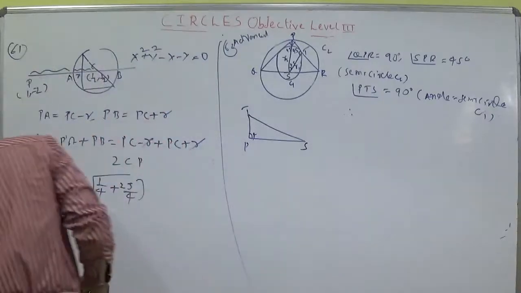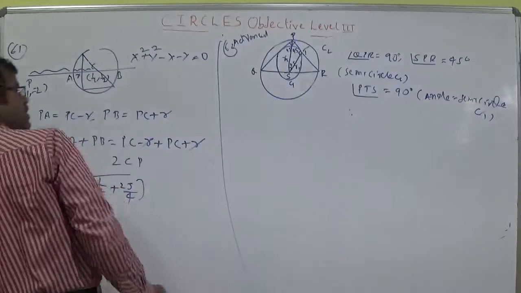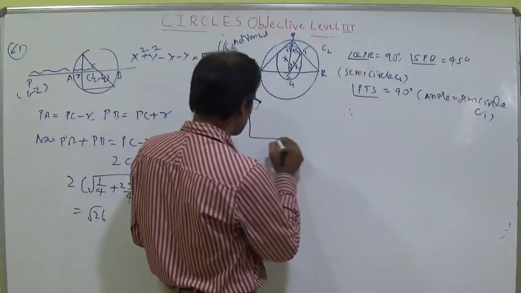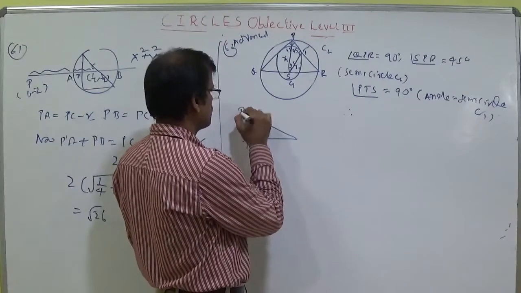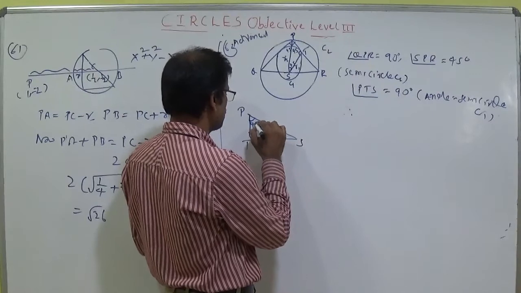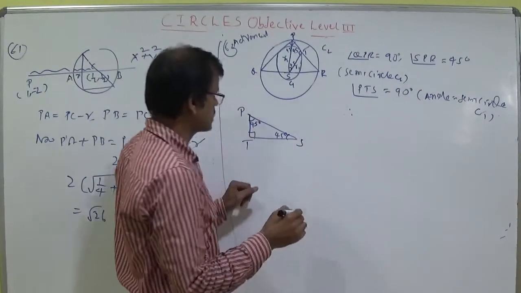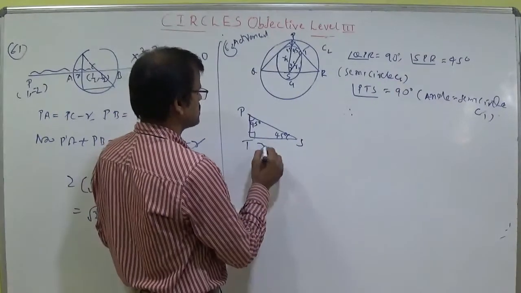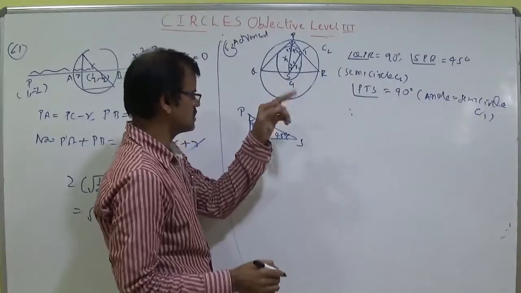So at 90 we should draw the triangle properly. At 90 means at T we can draw here. At T this is 90, put here P and put here S. This is 45. From the center to any point on the circle is called the radius. So ST is equal to R1 and SP is equal to R2 for the circle C2 and for the circle C1.